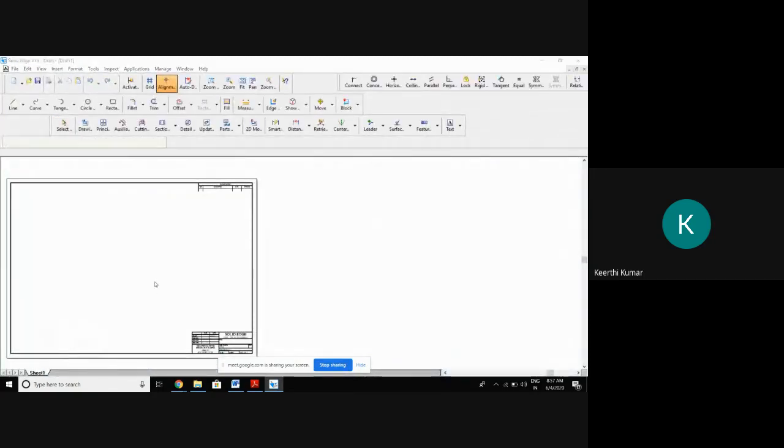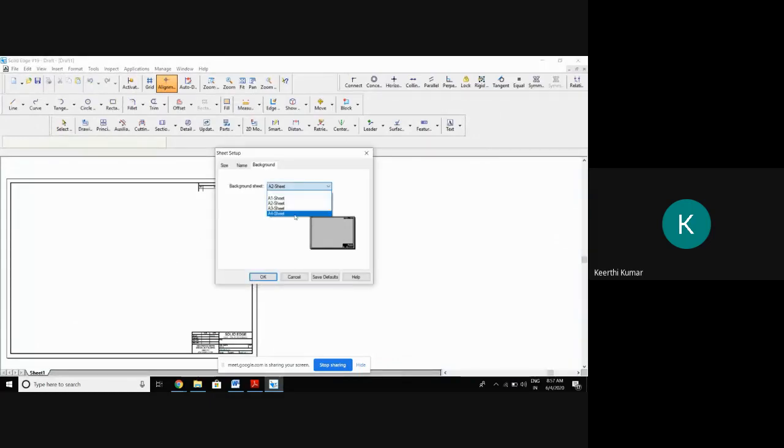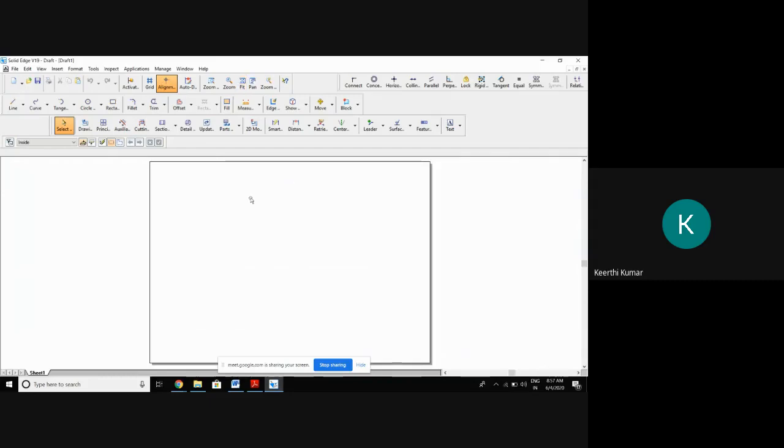Even though I am using software, I am explaining what to do in the theory method. It is the same concept. I am not using the commands of move, copy, rotate; I am explaining based on the theory method only. So first you take a horizontal line, and draw one inclined line, and the other side also an inclined line.